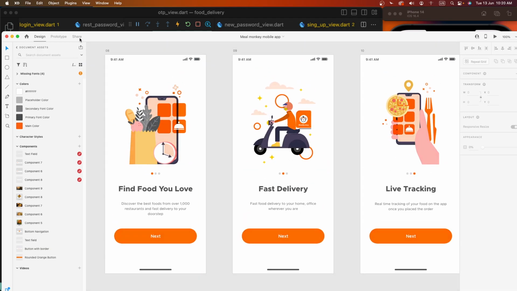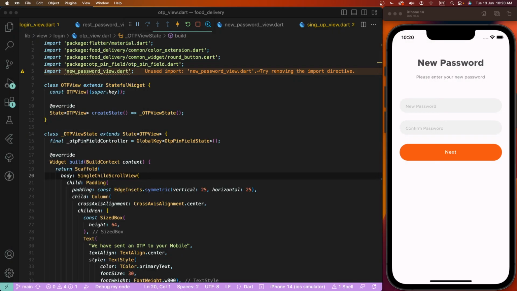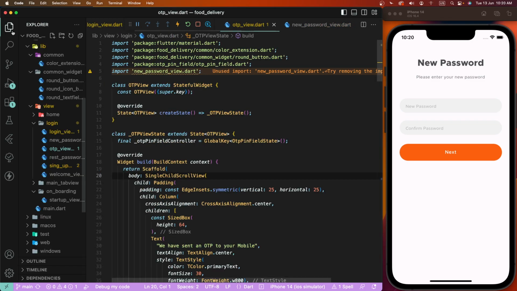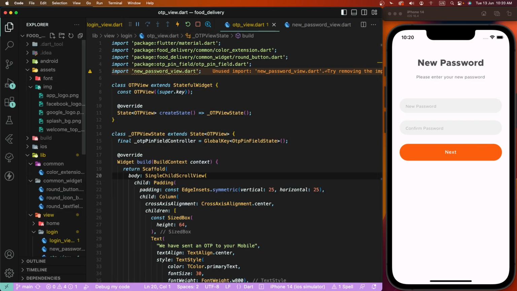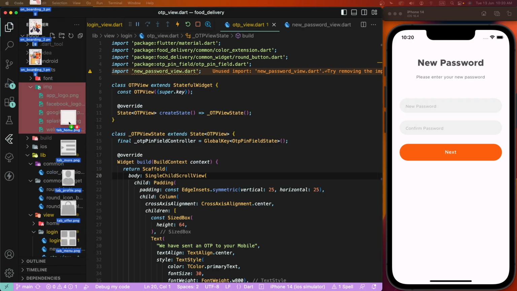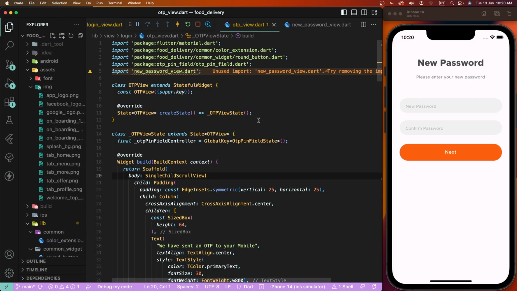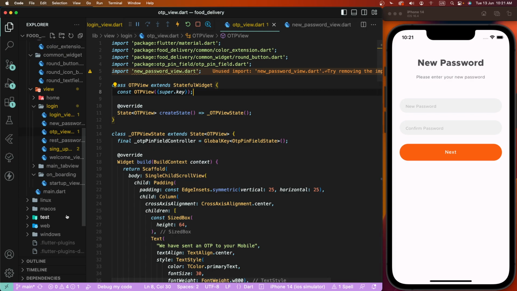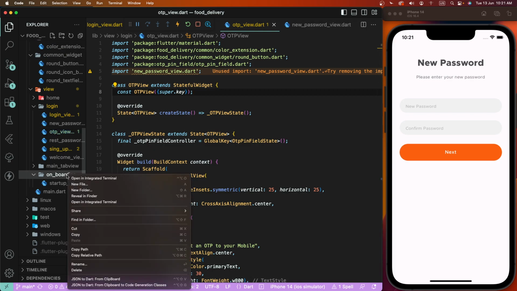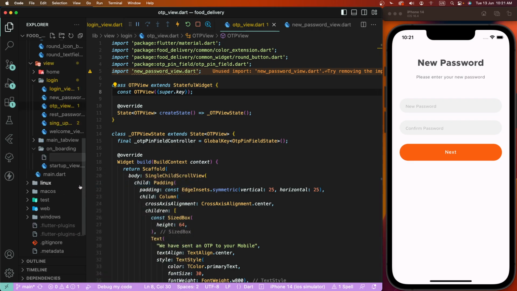First of all, we need to import the exported images. We need to put all images, onboarding screen and tab menu bar icons, inside the img folder. And let's start. We need to go inside the onboarding folder, and create a new file, onboarding